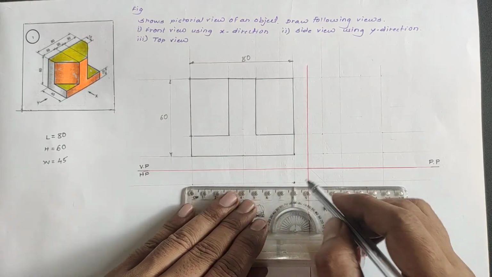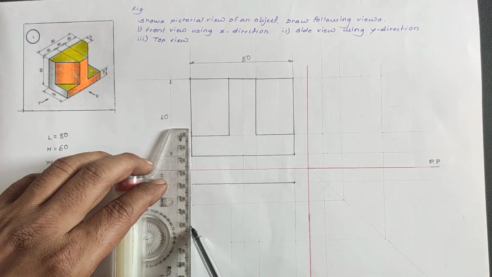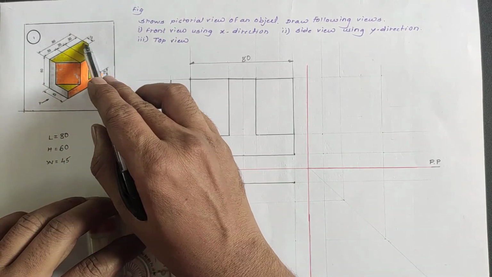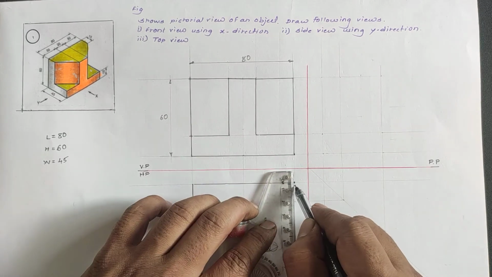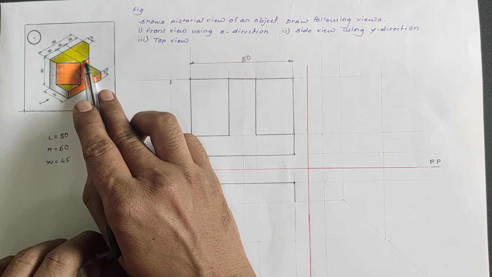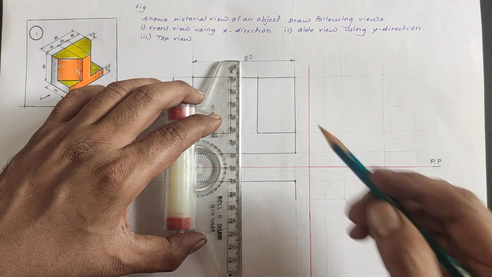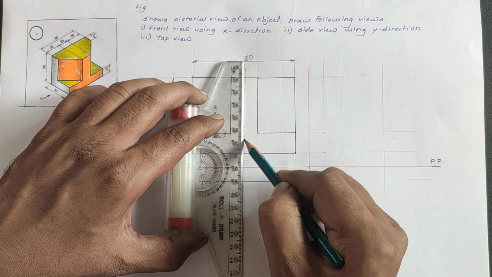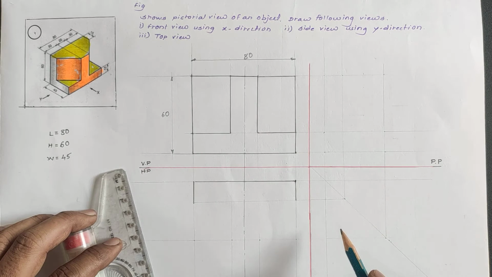So first take 80 mm distance and draw the horizontal line. Also take the reference from the front line, so we get the total 80 mm. Then the thickness, or the width of the object, is 15 mm. So draw 15 mm for both the sides. So this is 15 mm and this is also 15 mm. In the middle, first draw the center line at 40 mm. Draw a vertical faint projection line at 40 mm.